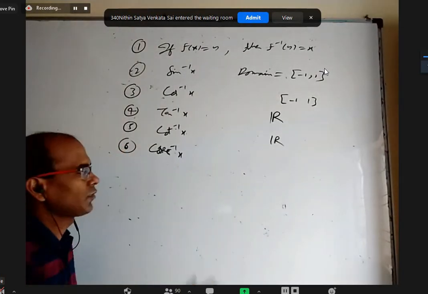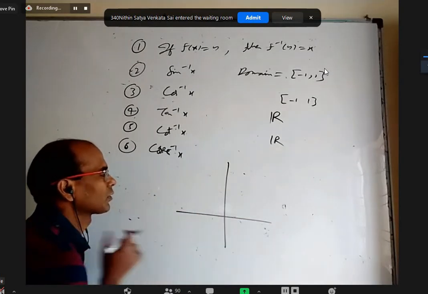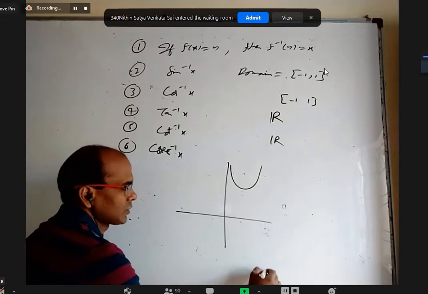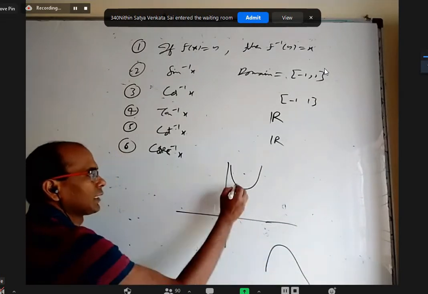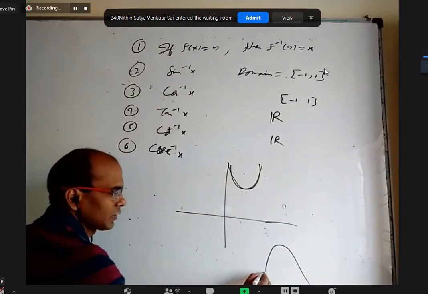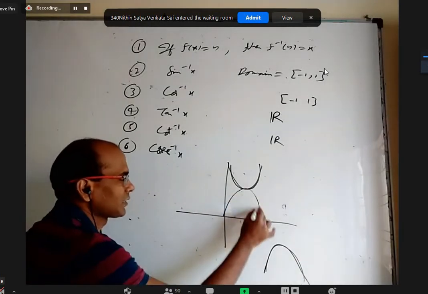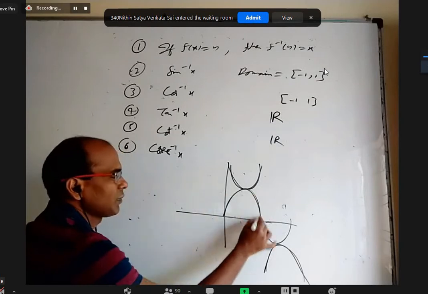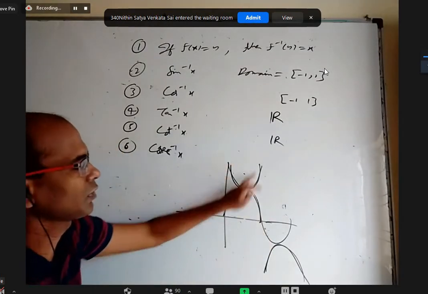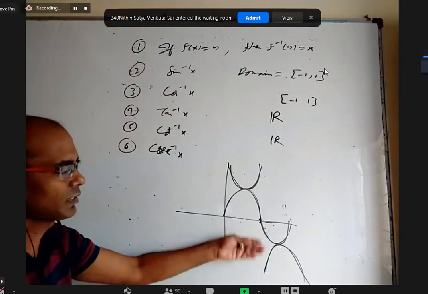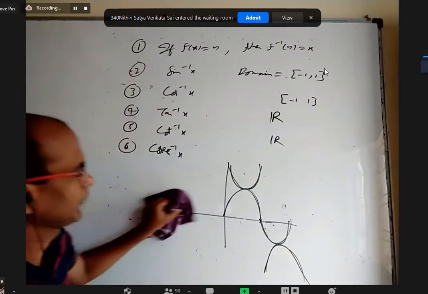Earlier we had drawn the graph of cosecant x also. Some of you might have remembered that it will be like this. It will cover all the values from 1 to infinity, and this will cover all the values from -infinity to -1. And sine is like this. All these are between 0 to 1; their reciprocals are 1 to infinity. All these are between 0 to -1; their reciprocals are from -infinity to -1.